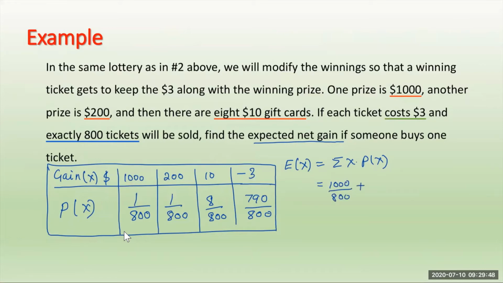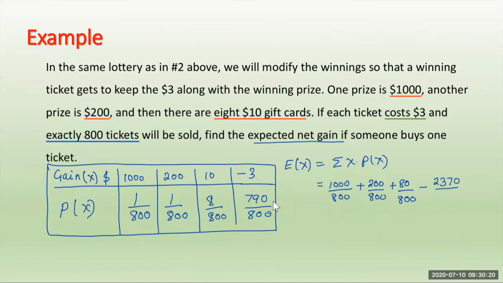Then plus, second is 200 times 1 over 800, which is 200 over 800. And this one will be 10 times 8, that is 80 over 800. Then we are multiplying with the negative, so it will be minus 3 times 790. You can do that in your calculator. You should get